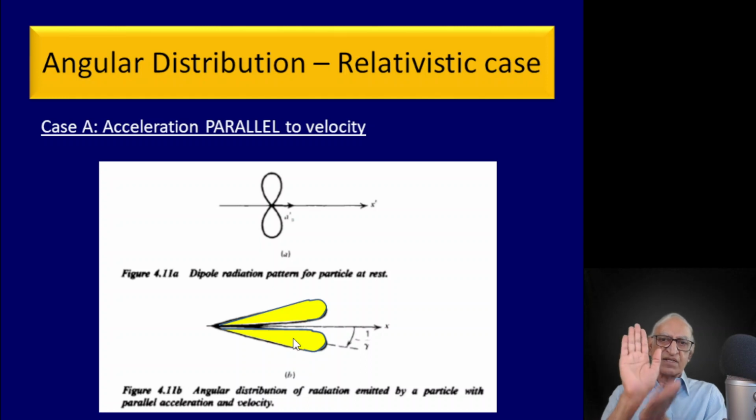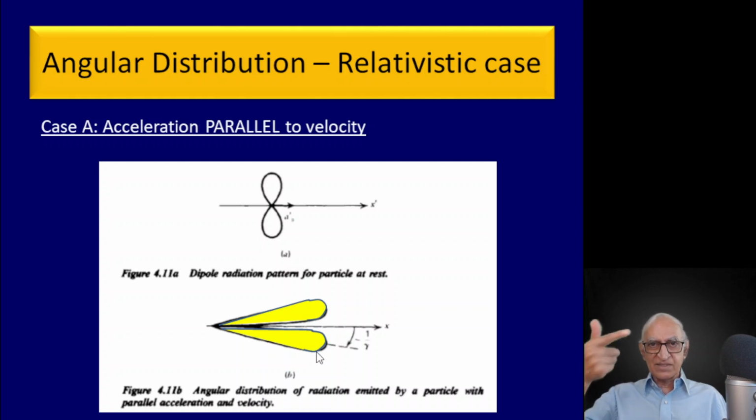In other words, the radiation pattern tips in the forward direction because of relativistic aberration. So you will have a hollow cone. Again, this has to be rotated about the x-axis, so you will have a cone of radiation. The axis of the cone will be along the direction of acceleration. The cone will be hollow,